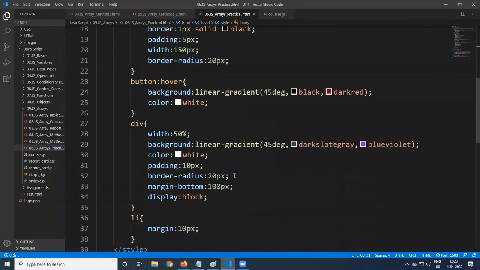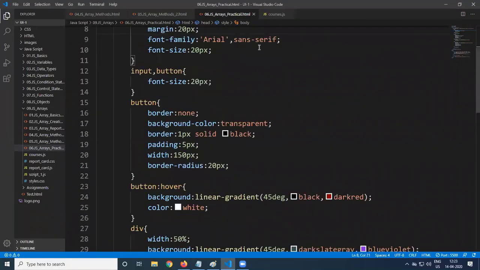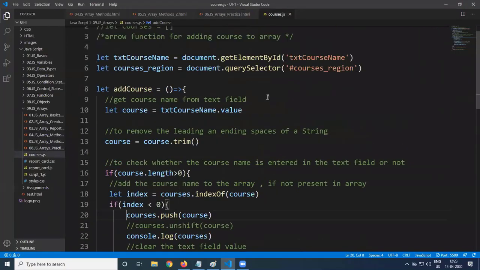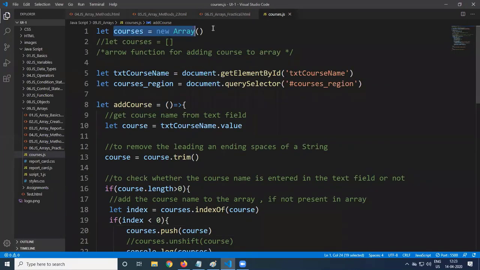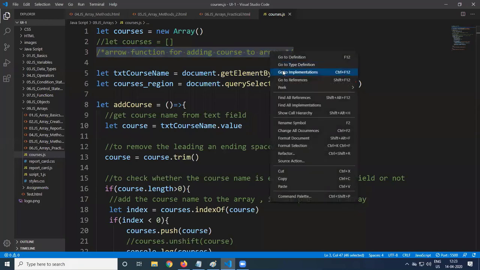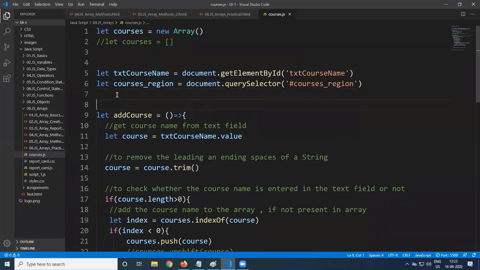So designing part you can do, and you check out this codesus.js. What are the steps? I gave some comments. So you can go with this array, or you can simply say this also. We created an array. Then we have got an arrow function for adding codes to array. This is what the arrow function. Get the reference of the field elements. This is nothing but get field references. So the text box as well as the result region.